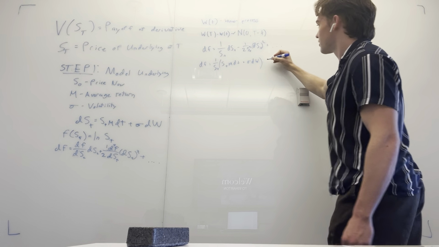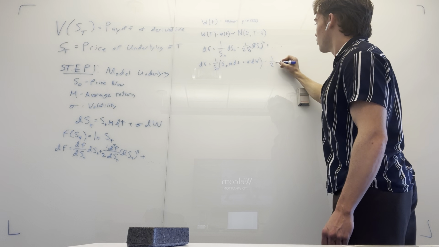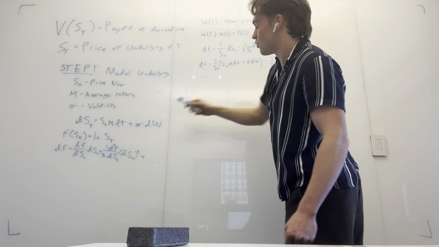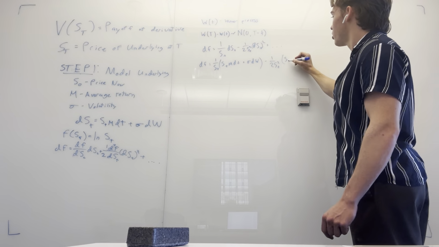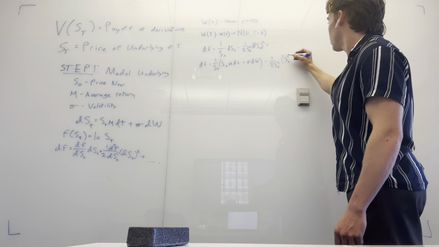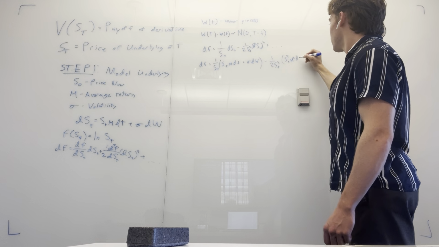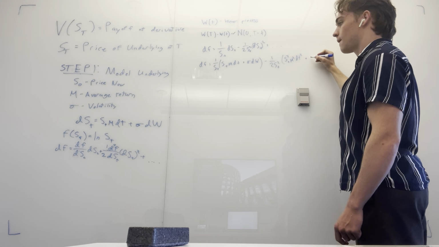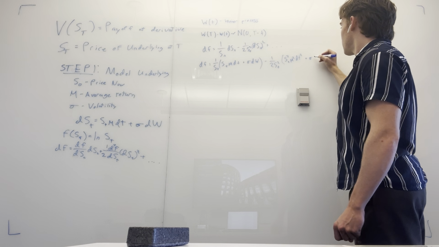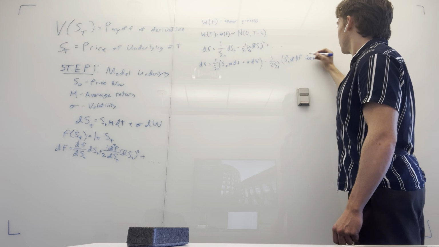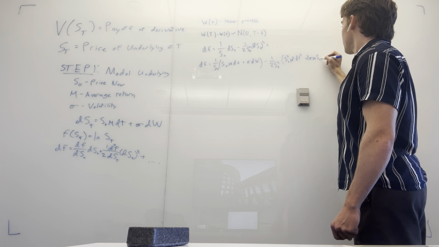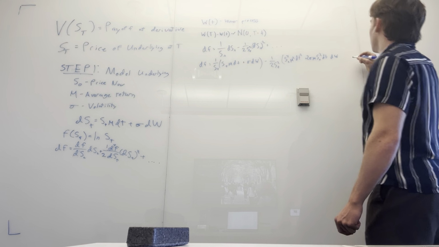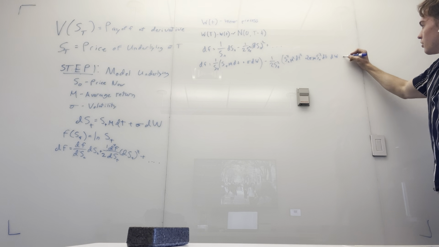So then this is going to be minus 1 over 2 St squared times this whole thing squared. And that's a little ugly. It's going to give us St squared mu squared dt squared plus sigma mu, two of those, St squared dt dW,